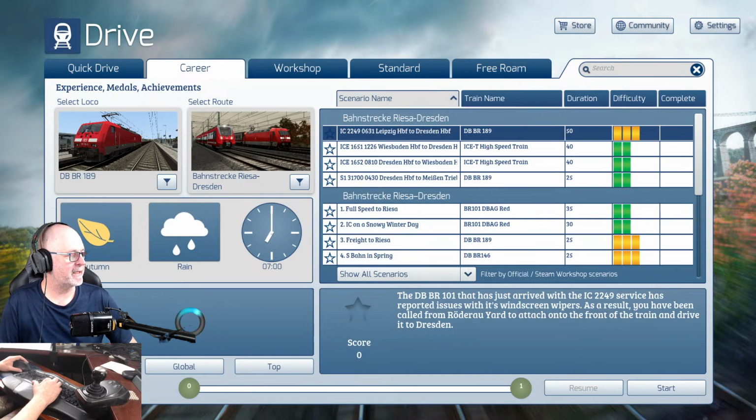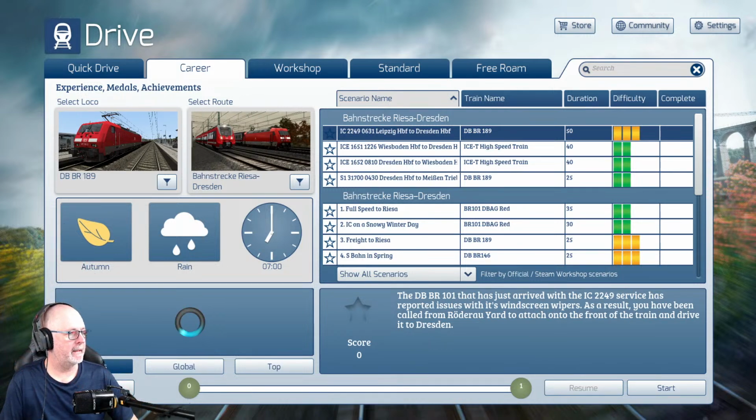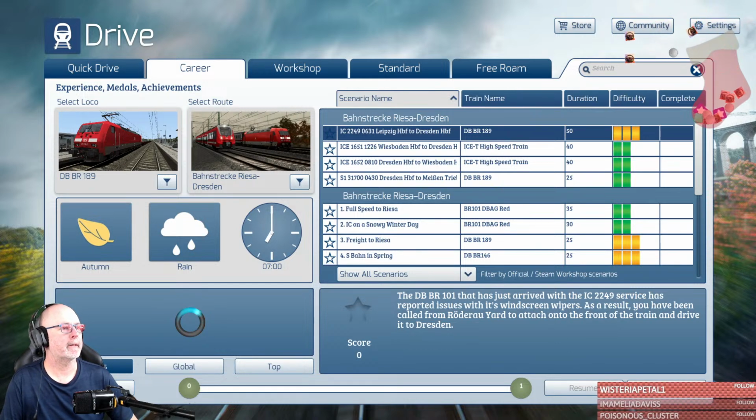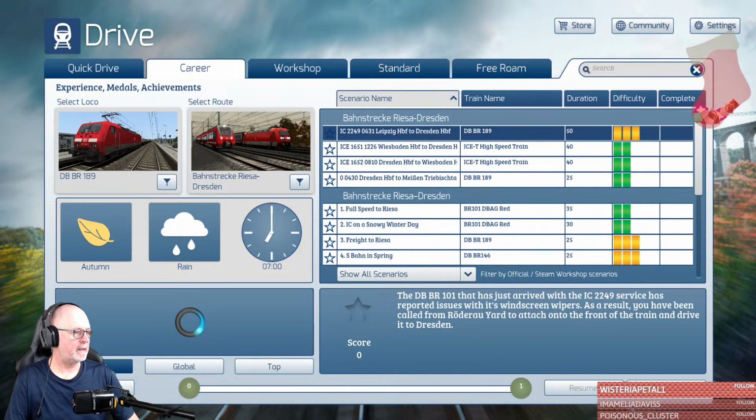And I just realized I don't really need to be on, let me see which view I'm actually in here. I'm on this view. What I really want to be is this view. No, we actually have the jar and stuff like that here, don't we, in this view? Yeah, we do, up in the upper right-hand corner. There it is. Nice. Okay, so we have the event list, and I see Wisteria Petal followed, and then Amelia